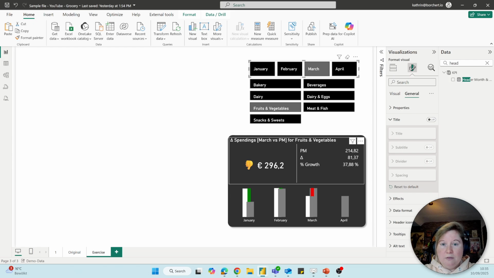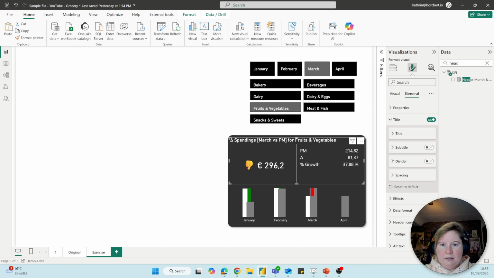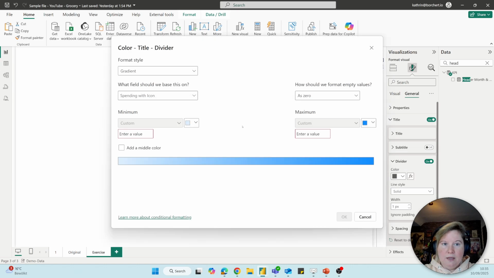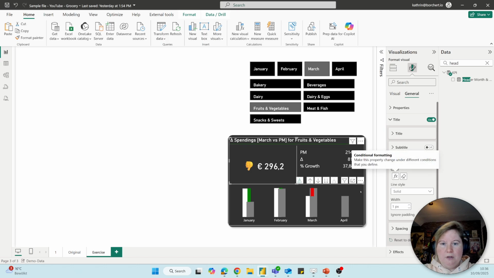And what's missing, the divider is missing as well from before. So if you want to have this as well, you can open under title. There's a divider. You can open it and switch it on. And normally it is gray, but you can also conditionally format it. So you can click on FX. And of course, I have a formula for this as well. I will show you after I put it in, which is called color. So all measures you find here, you can also find on my Git. So very easy. There's also a demo data set if you want to try it by yourself. And here you see gross color. And then I submit. And you see now I have here my divider.